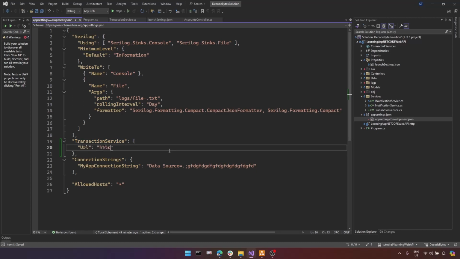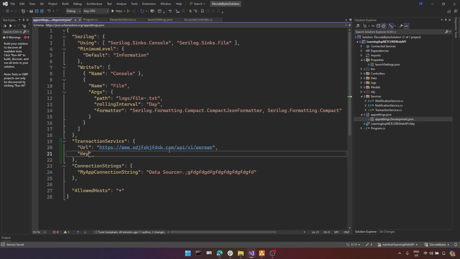URL, let's say https, I don't know, www.blahblah.com version 1, and this one. And for the key, let's specify some random key here. Okay, that's good. Now we have configuration, but as you see, I have specified my configuration in